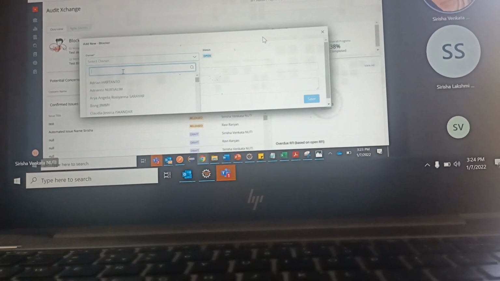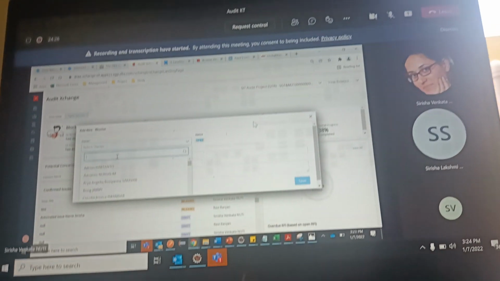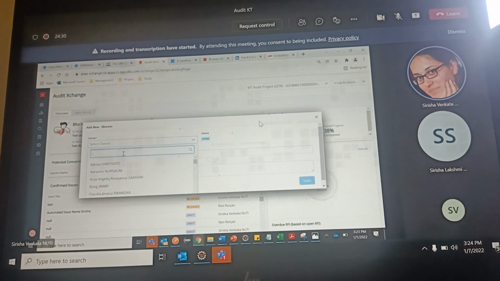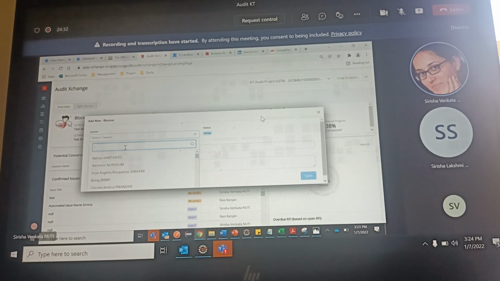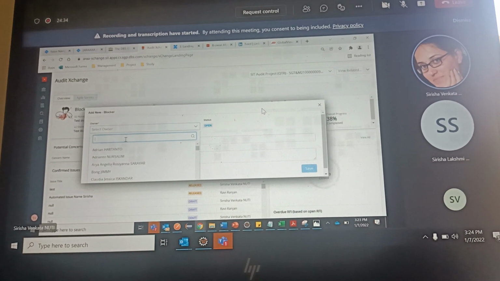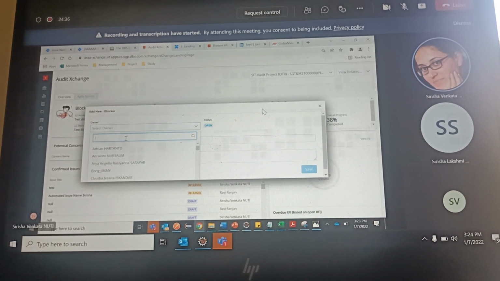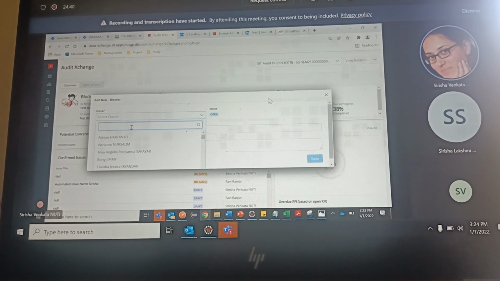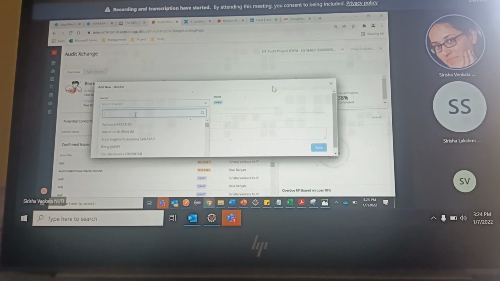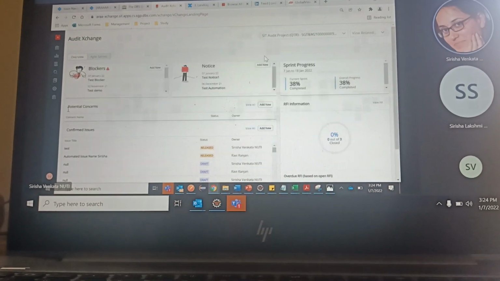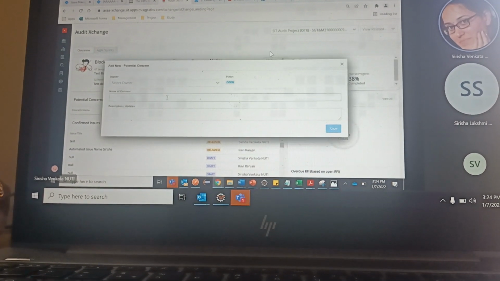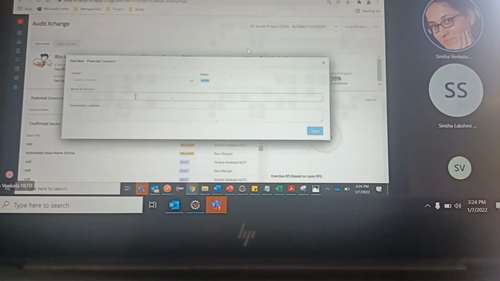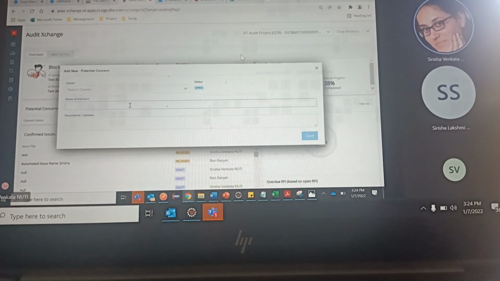Okay, test notice, same thing, like you're going to notify something, the particular notice will be visible for all the stakeholders and auditors, so there is no restriction here as well. Okay, for potential concerns, let's say that yes, this particular project is having a concern. The concern is like the must-do will be, there is a rule, you can say the assessment which is done